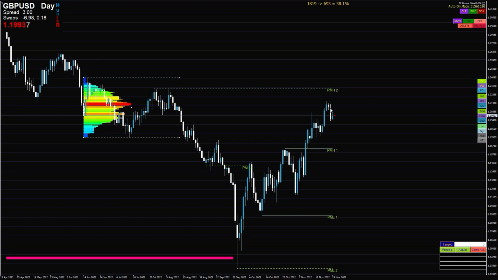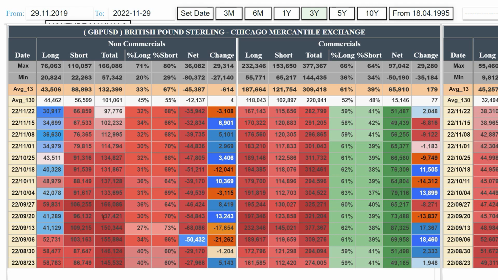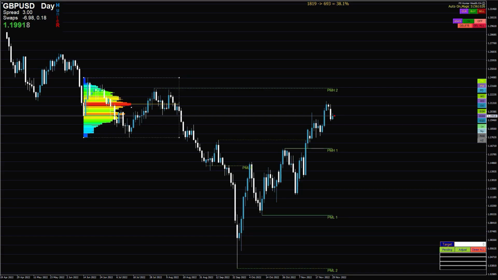Since then, it's quite strongly going up, and if we look at the COT data, we can see that all these shorts are being closed now, right? The shorts are almost at half of what they've been. We had like 73% shorts, now we are at 68, right? Longs are slightly growing, not doing much, right? So COT data are not that clear, but in my opinion, if the pullback is coming now,